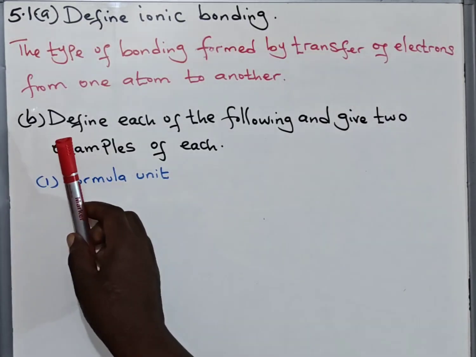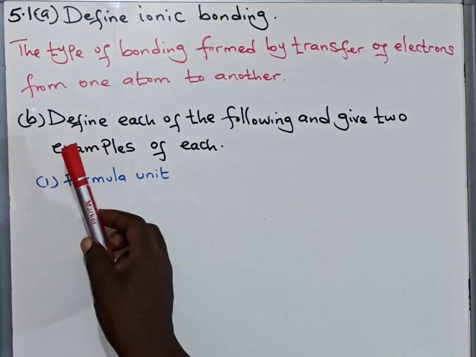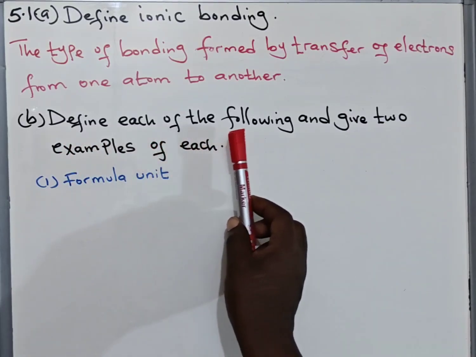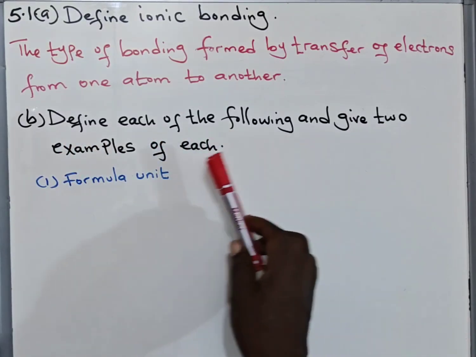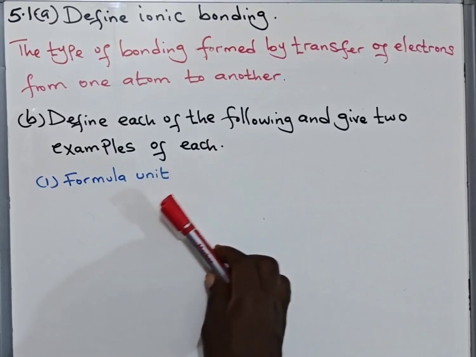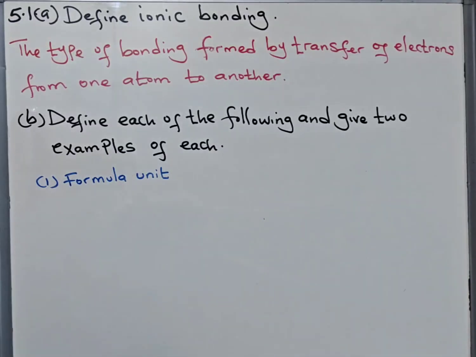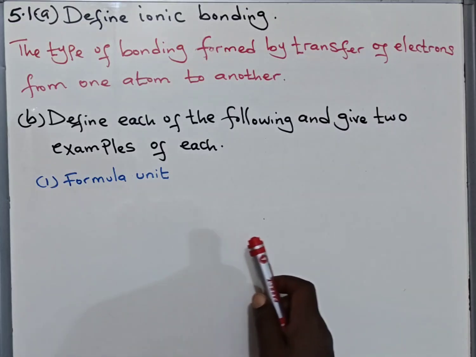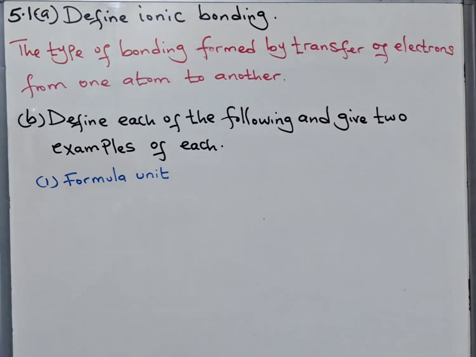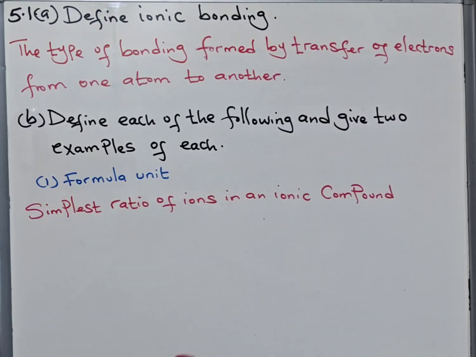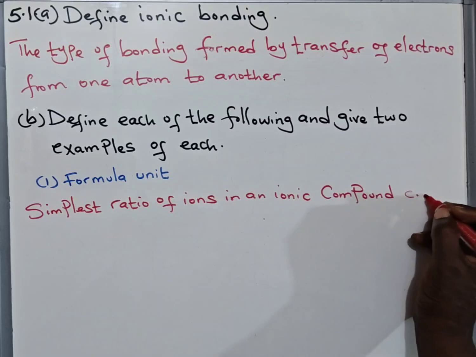Then we come to this question. It says, define each of the following and give two examples of each. The first one is formula unit. What is it? It is the simplest ratio of ions in an ionic compound. Example here, we have